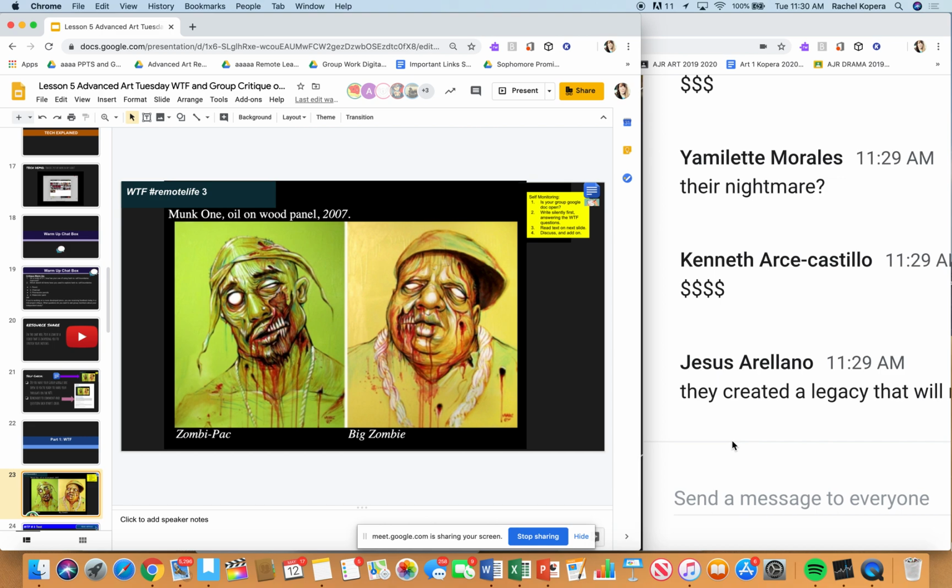Right? So it doesn't matter. Their legacy is bright green, bright yellow. They're never going to die. Even though their bodies are gone, they're still here. WTF ideas. Anyone else want to come off the mic and talk about what they're thinking or feeling about this